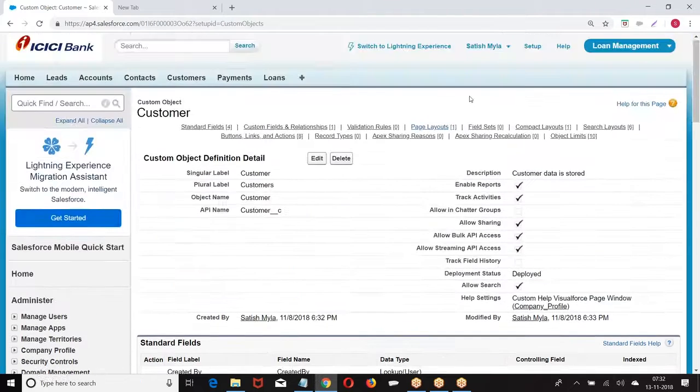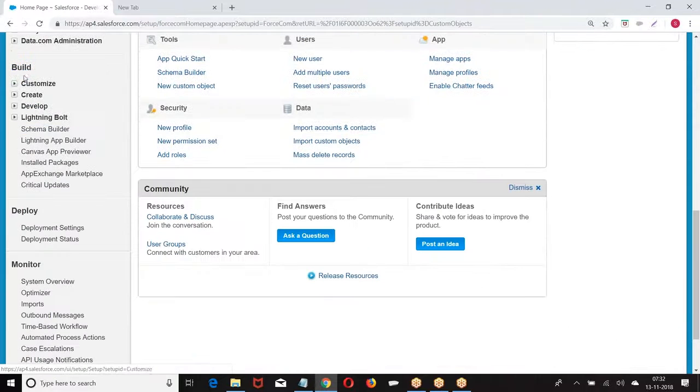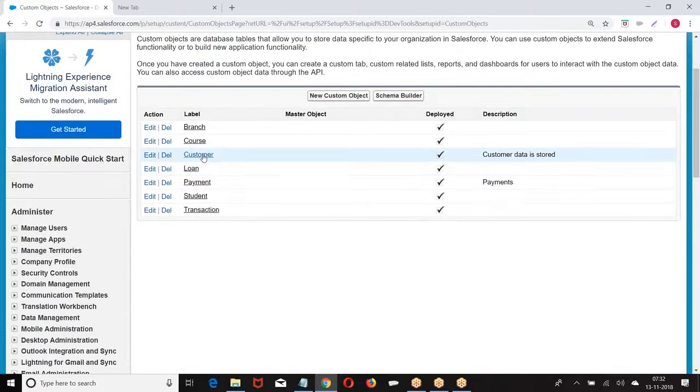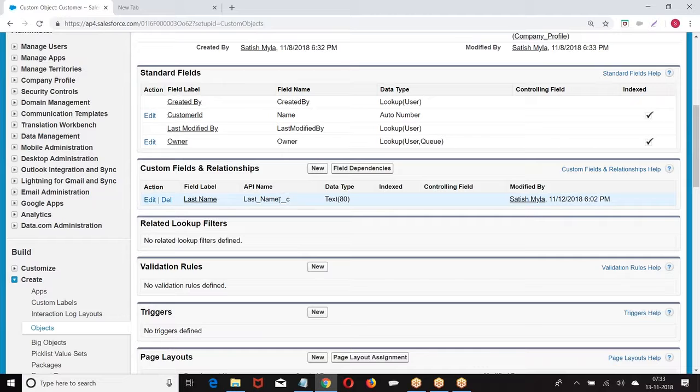Again, what is the navigation? Setup, build, create, objects, customer object. Now, why are you getting underscore C? It is a custom field which you have created.